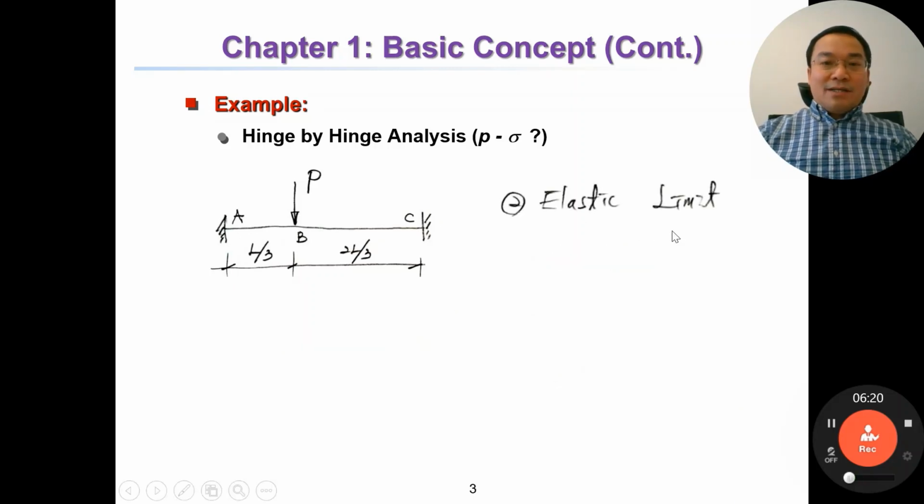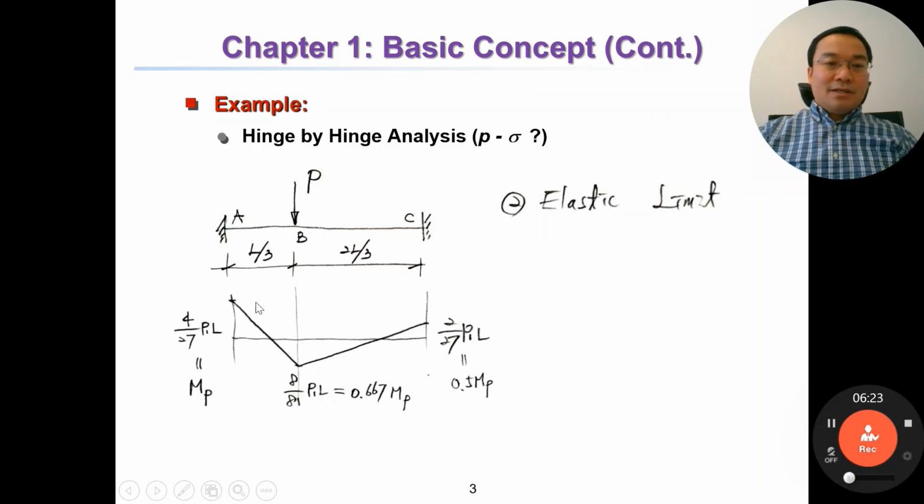In the elastic limit, as we already mentioned, the hinge occurs firstly here. So let's say MP equals 4/27 P1 L, P1 corresponding to the elastic limit. Okay, so in this case we have P1. So MP equals 4/27 P1 L. And here at this section we have